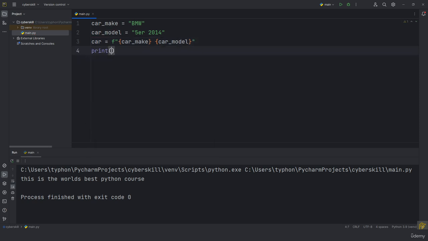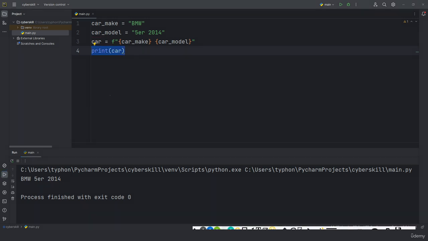Now we will print this. Print car. And as you can see here, BMW 5 series 2014. And to insert the variable's value into a string, place a letter F immediately before the opening quotation mark. That's what we did here, right? We placed the letter F, and after that put the braces around the name or names of any variable you want to use inside a string,